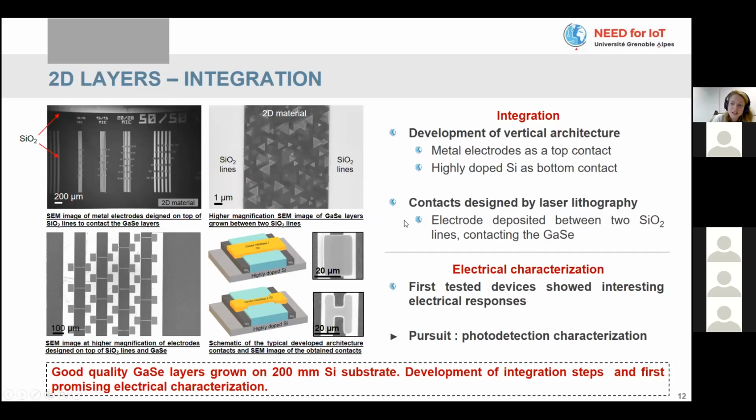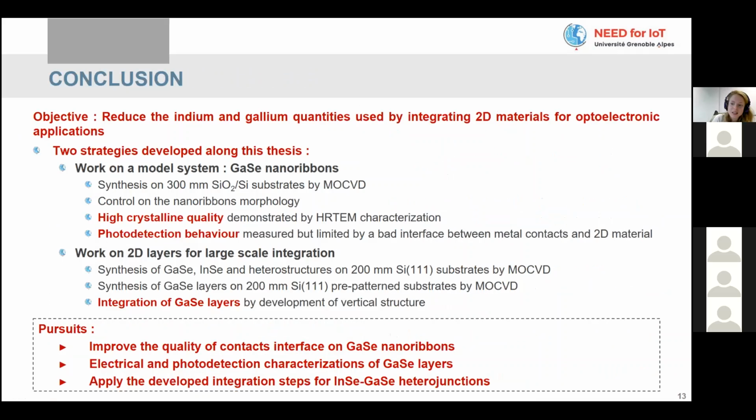We succeeded in growing a good quality gallium selenide continuous layer on the 200 millimeter silicon substrate. We have developed all the steps needed to integrate this layer directly on silicon, and we get first promising electrical characterization. So in conclusion, the objective of this thesis is to reduce the indium and gallium quantities by using 2D materials and develop their integration for